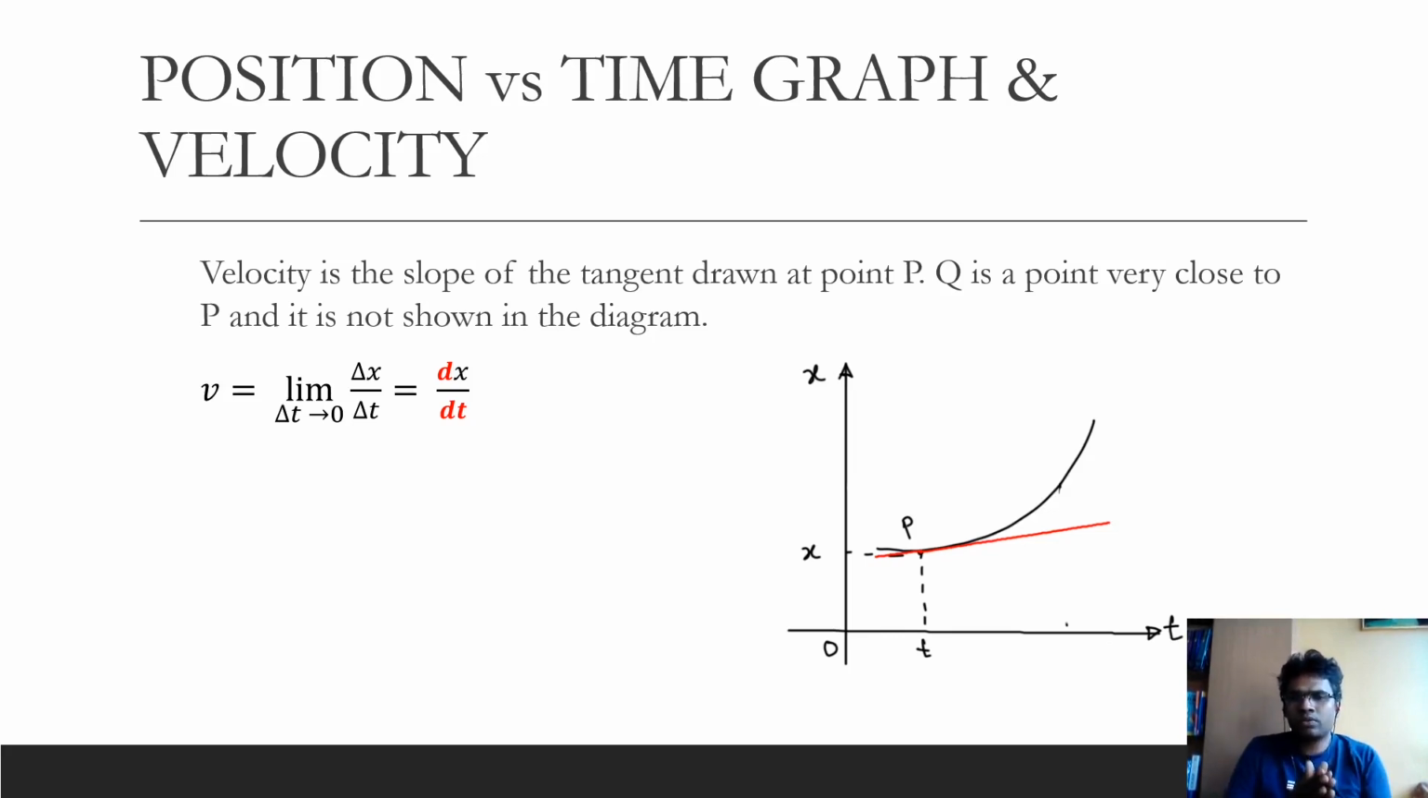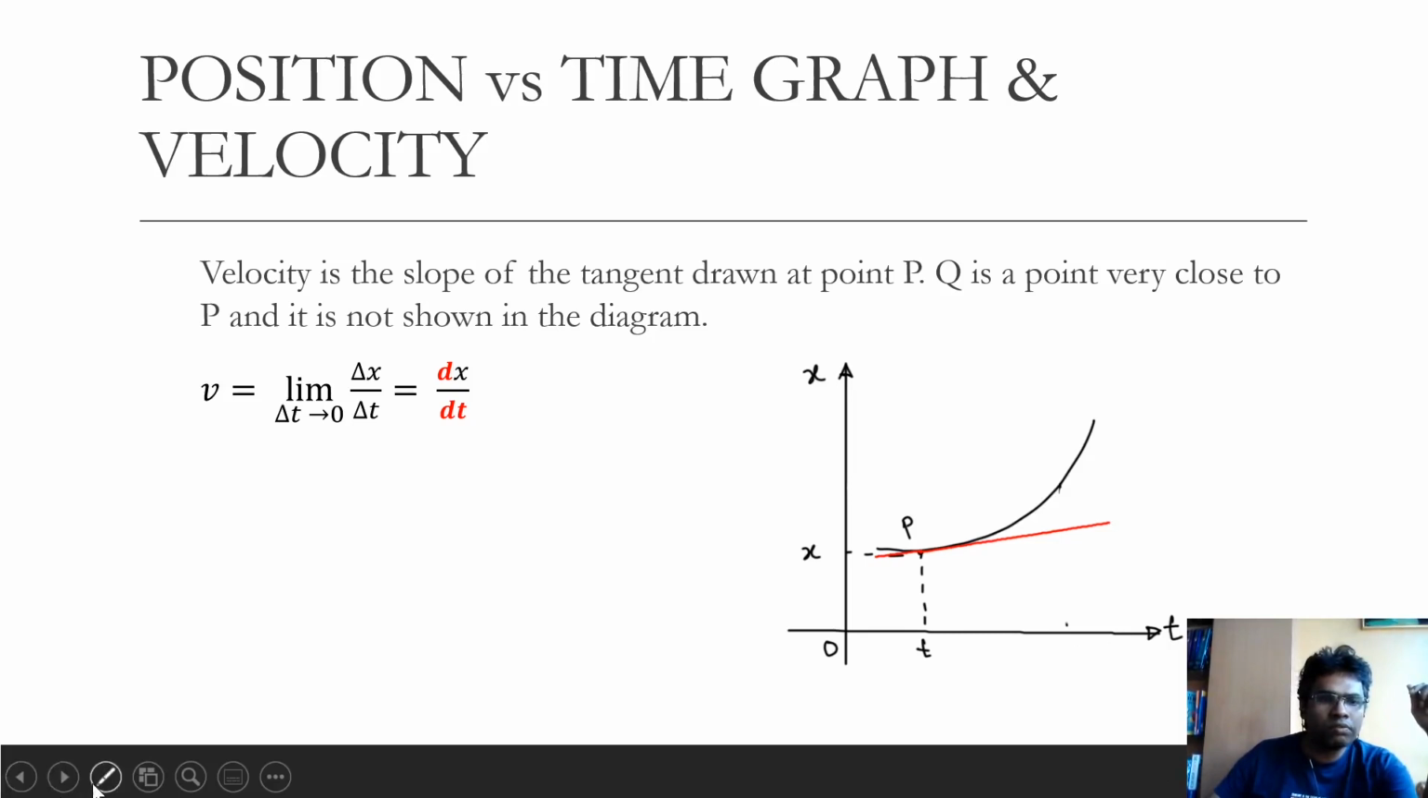If the point Q is slightly away, we have a definite time interval, and in that case we get average velocity instead of velocity. But if the point Q is very close to P, we move from secant to a tangent line. So graphically we can take velocity as the slope of the tangent line drawn at point P. Now mathematically this